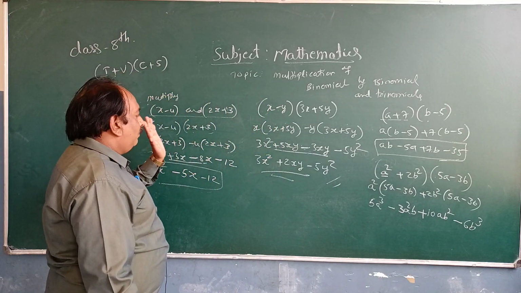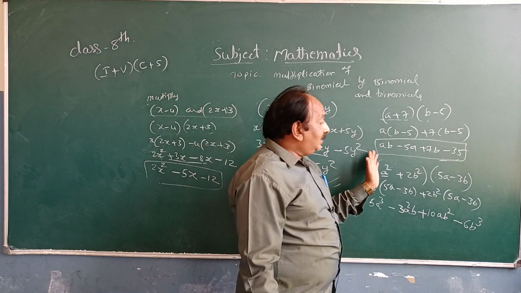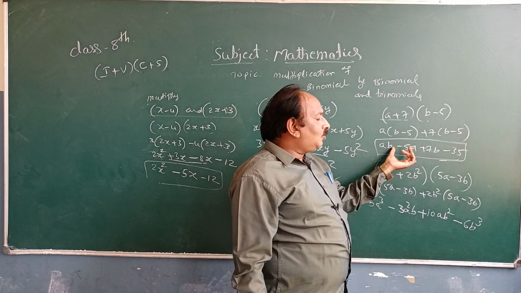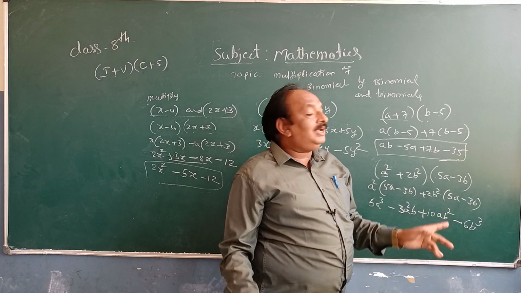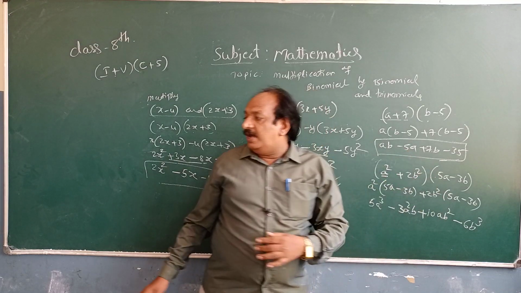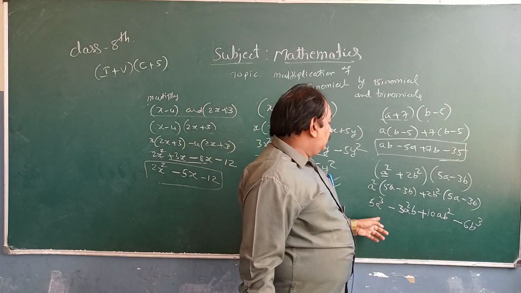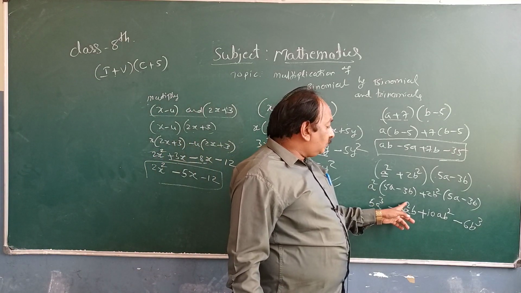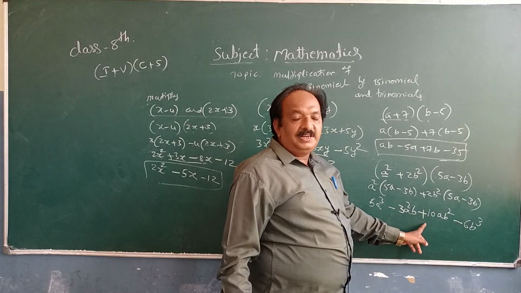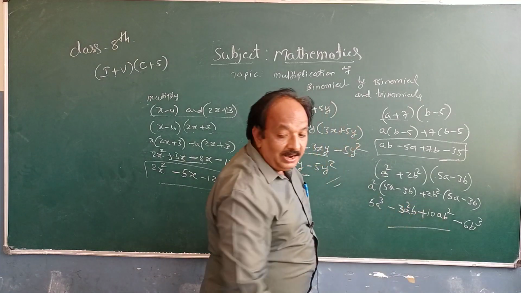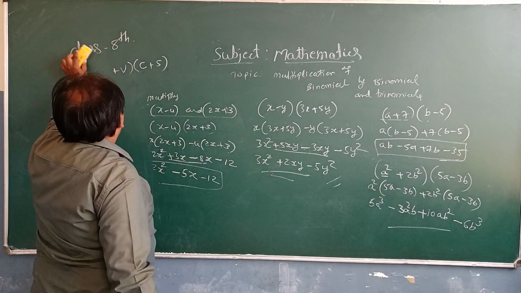So this is one type of problem, this is another of the same type. I already told you, you are not going to get confused at this stage. This is a, this is b, you are not going to add or subtract, because these are unlike terms. And here also, this is a square b, this is a b square. We are not going to add or subtract these, because once again they are unlike terms, cannot be added or subtracted.